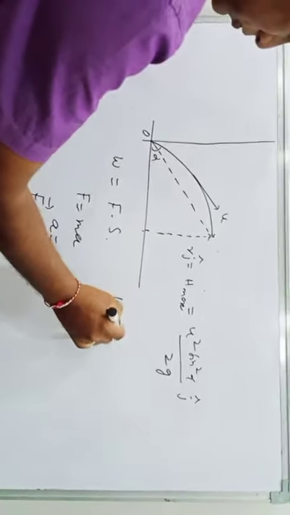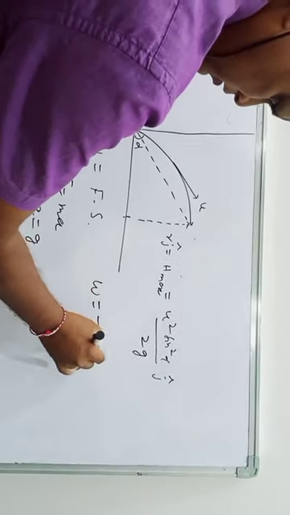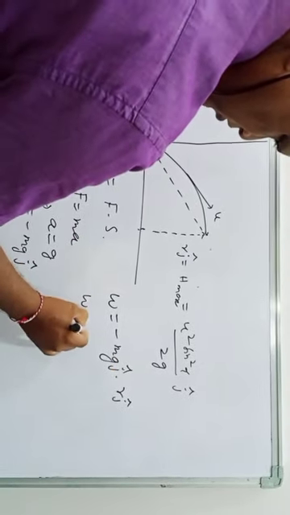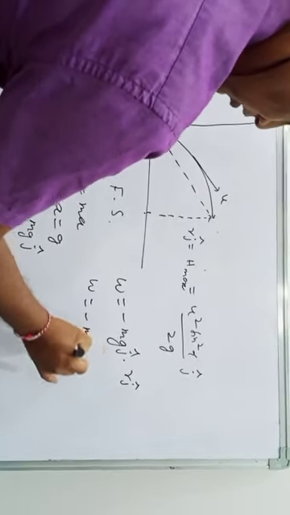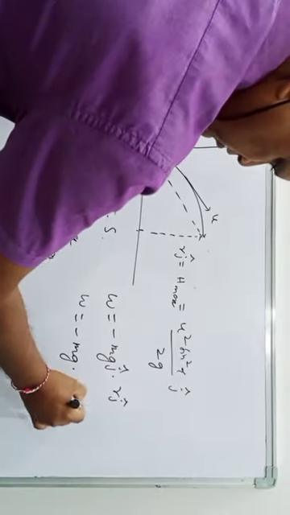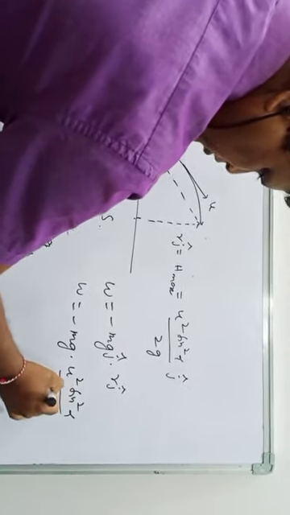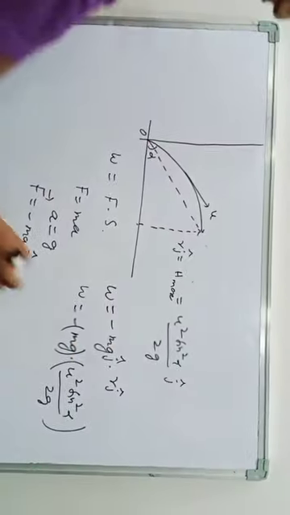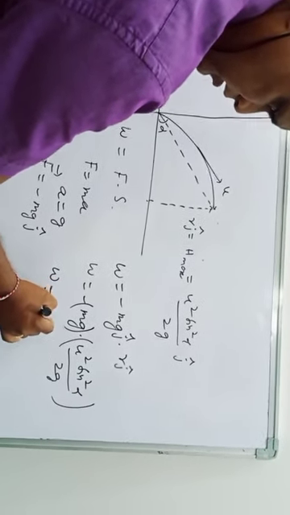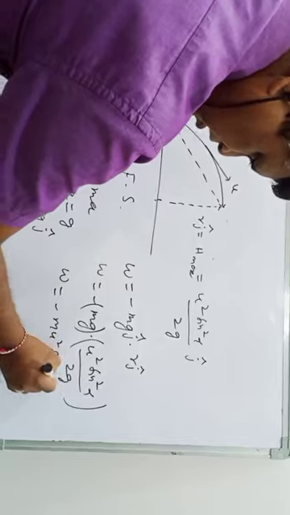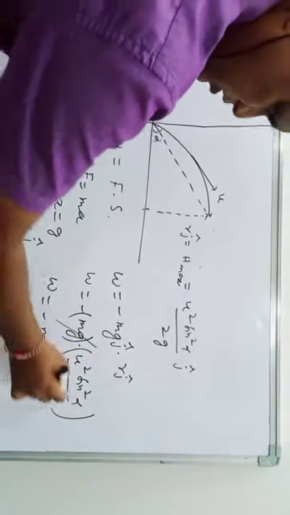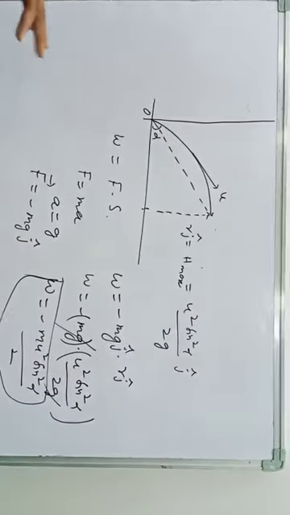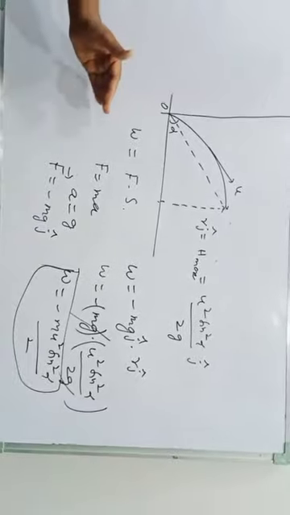So W is equal to minus mg j cap dot r j cap. So W is equal to minus mg into u square sin square alpha by 2g. So this is the F value, this is the r j value. W is equal to minus m u square sin square alpha by 2. So the g gets cancelled. So this is the work done by gravity on the particle which is projected upward, up to the highest point.